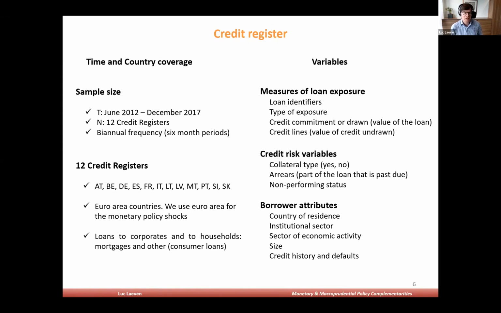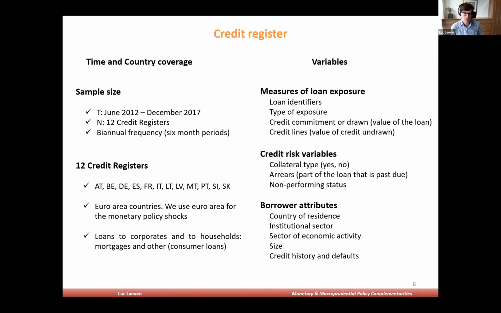We have the following detailed time and country coverage. The data period is June 2012 until December 2017. The data is collected twice a year, so we have loan amounts outstanding at 6-month intervals. And because of some data requirements we also have to link this to banking data and other variables,